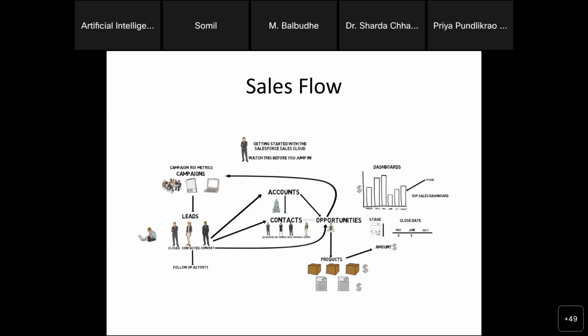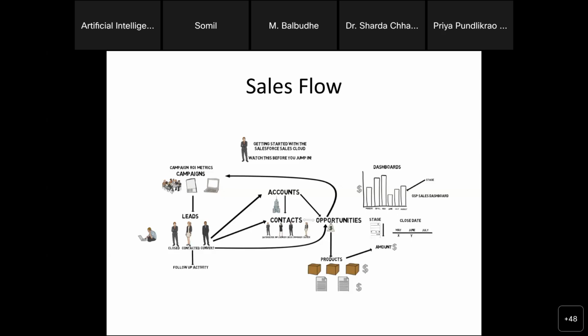So if some person is connecting with you or contacting you, maybe from email or maybe through digital marketing or maybe through phone, anything. When that person is connecting with you or contacting you, that is a lead for your system. So that person is a lead for your company.